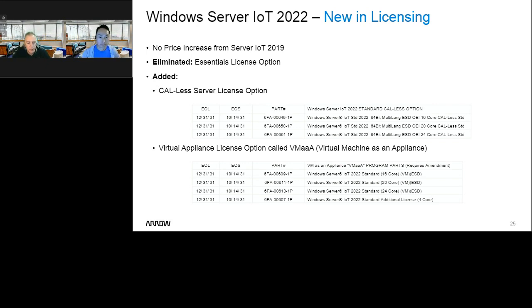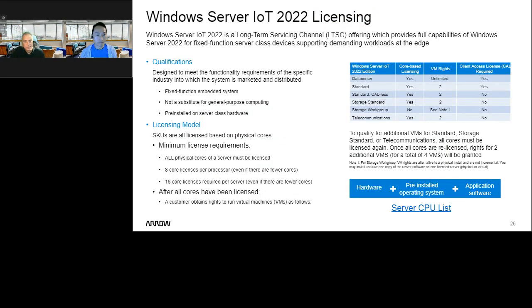And then pointing out the new virtual appliances and machine. I did just recently write a blog on this that is on our Aero Microsoft page as well. So if you want to learn more about the new option that allows you to sell this as a virtual appliance, no hardware required, which is perfect for ISVs. If you're an ISV and you have a solution and you're tired of dealing with hardware, you can now seal it up in a virtual machine and sell it using these parts here. Get with us for more info there. I'm going to keep moving here.